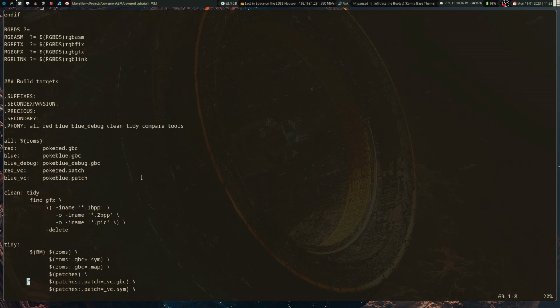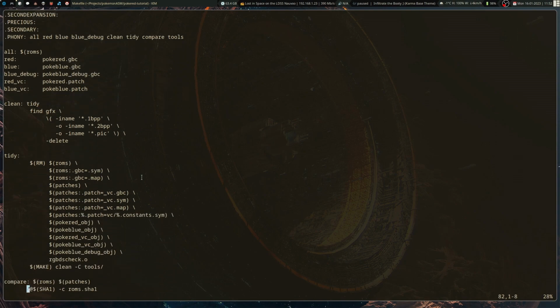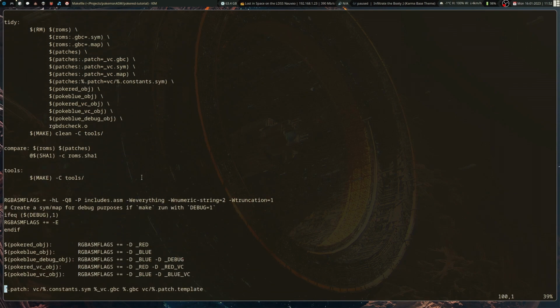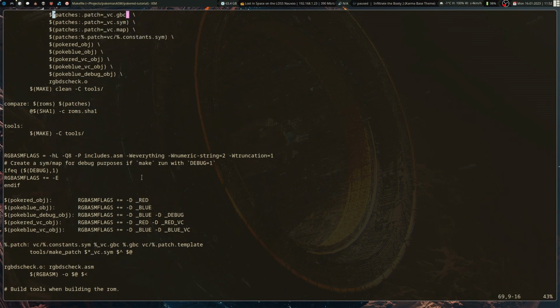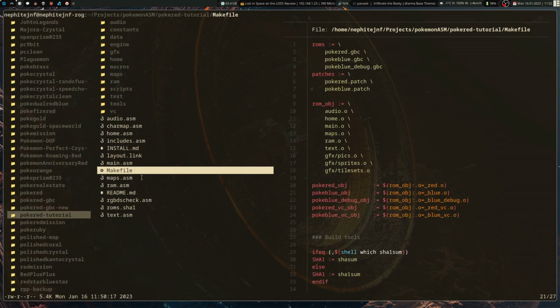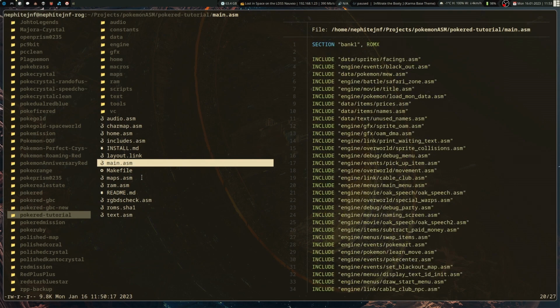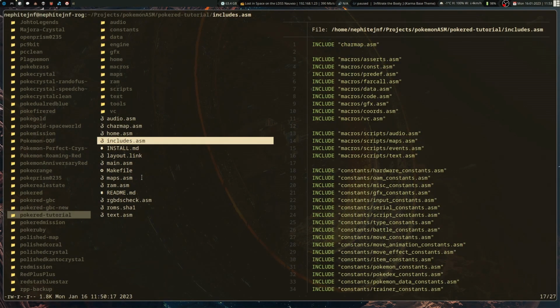And then I believe, does it have patches? Maybe it doesn't. But yeah, that's basically what this is capable of building. So the first thing I wanted to get into is going over